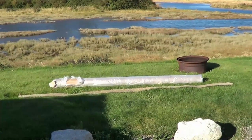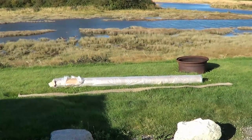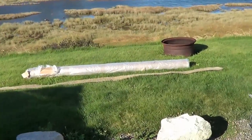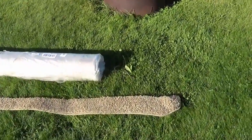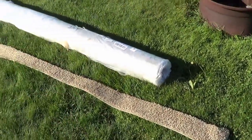So I'm going to have to make a cut. I need about 4 feet of it by 14 foot 6 inches to cover my whole slide area. What I've done is I've cut the very front of the slide carpet out, so you can see at the end there it kind of rounds. So I'm going to cut the vinyl flooring,